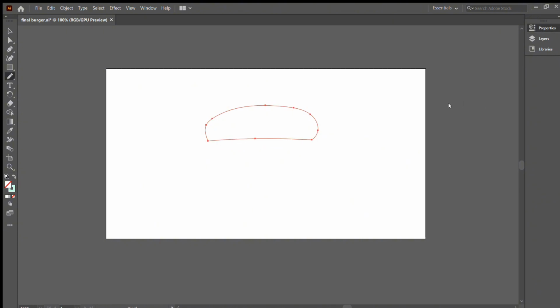So guys, I'm creating it in my own way manually, but there's another way also that you can create the shape of the burger, which is you can put a photo as a reference on the Illustrator and reduce its opacity to 40%. Then you can use the pen tool to carefully trace each section of the burger. First the top bun, then the lettuce, then the tomato slices, the cheese, and finally the bottom bun. All the ingredients that you wish to see in your picture.